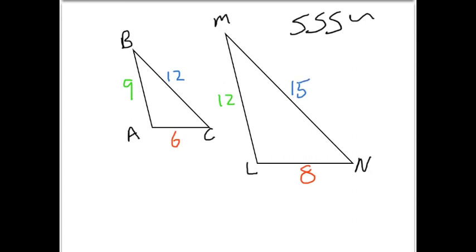Now, in order to determine whether the sides are proportional, we need to divide small triangle by big triangle and see if those fractions are all the same. So we'll set up our ratios by putting the small triangle ABC divided by the bigger triangle LMN. It doesn't matter exactly how you choose to set up your ratios, just make sure you keep them organized. The shortest side length of triangle ABC is 6. The shortest side length of triangle LMN is 8. And we want to see whether that fraction is equal to